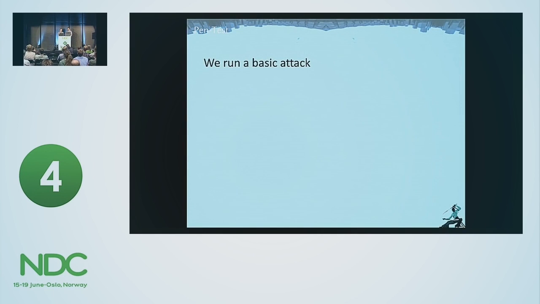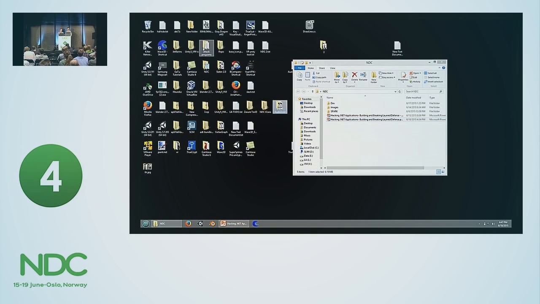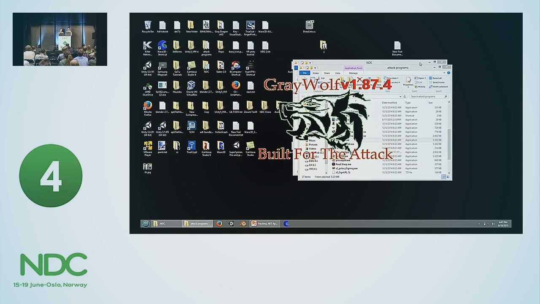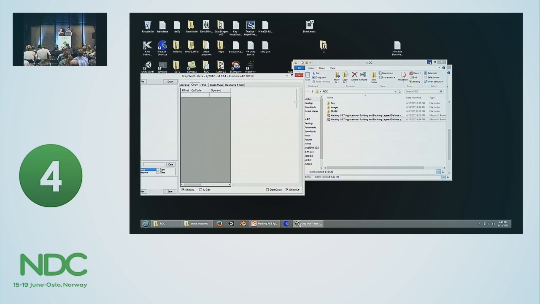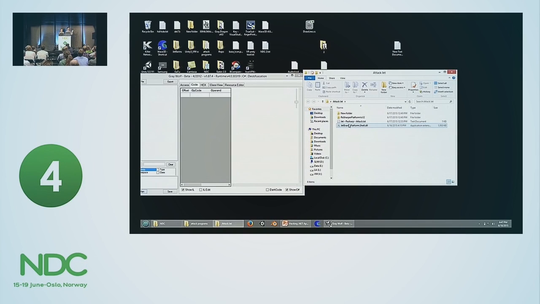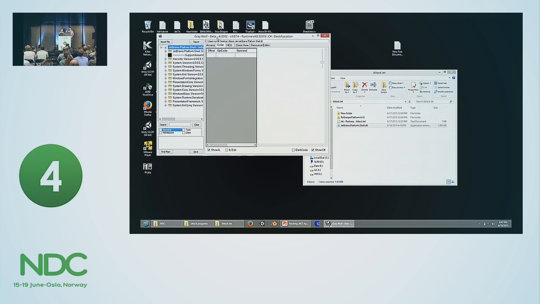So let's look at some basic memory attacks with Gray Wolf. We're going to look at what it takes to open up an application and find a vulnerable point. So what does it look like to open up an application and just move around it in a couple of minutes? This is literally what I did in a few minutes just before this speech. I drag it in here. Gray Wolf is an on-disk IL parsing editor. It's not a decompiler, it's an editor. Anyways, I dragged in here